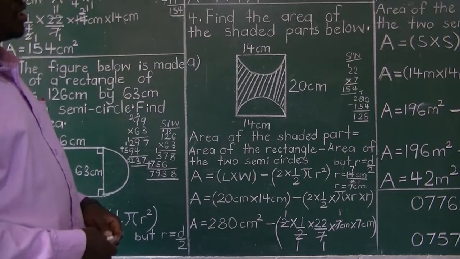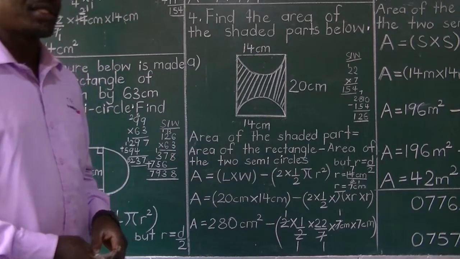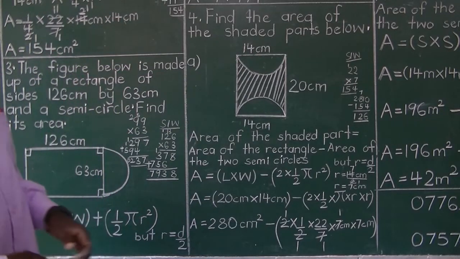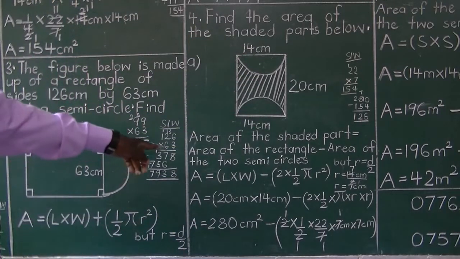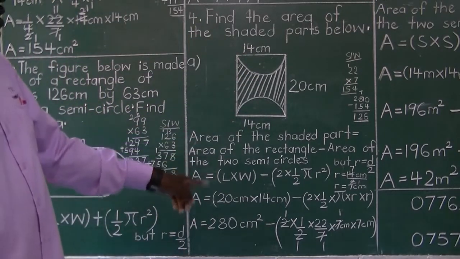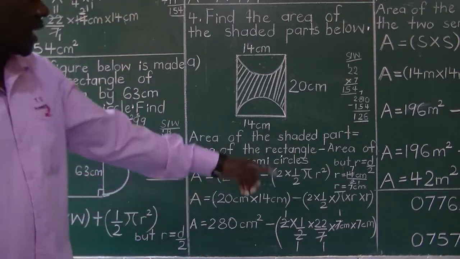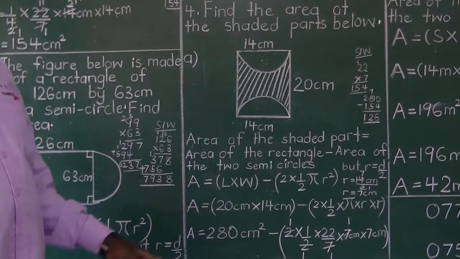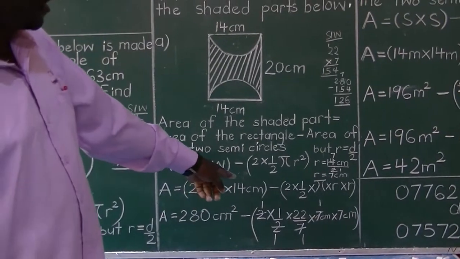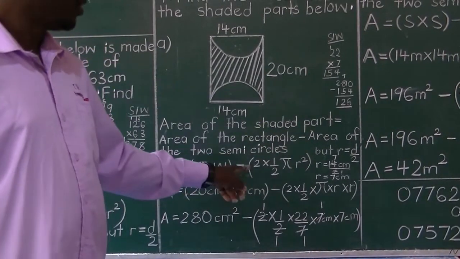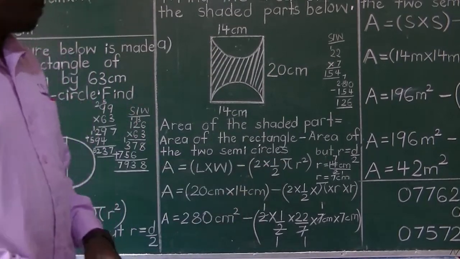Now that they have got equal coverage, that they have got the same diameters, then the area of the shaded part equals the area of the rectangle minus the area of the two semicircles. If you have got space, write them here. Area of the shaded part equals area of the rectangle minus area of the two semicircles. Now, area equals the area of the rectangle, length times width, minus the area of the two semicircles. That's 2 times a half pi r squared. 2 of them. A half pi r squared is 1 semicircle, then there are 2. So 2 times a half pi r squared.